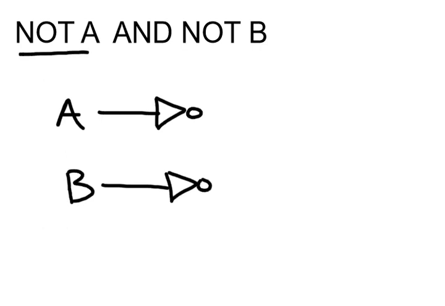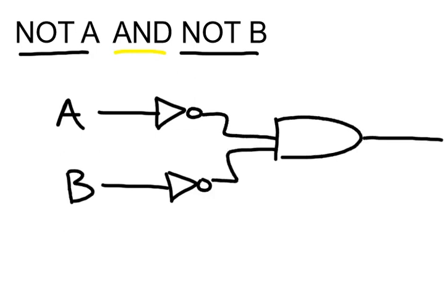Now the thing with not A is, even though not's on the left, you've got to think of it sort of coming after the A. So always imagine it's like A not. So A goes to a not gate, because it's the not version of A. So we've done these sections here, not A and not B. We've got them right there, because not gates go first. Then we do the AND gate in the middle. So we stick an AND gate, and then we simply connect those up to that,